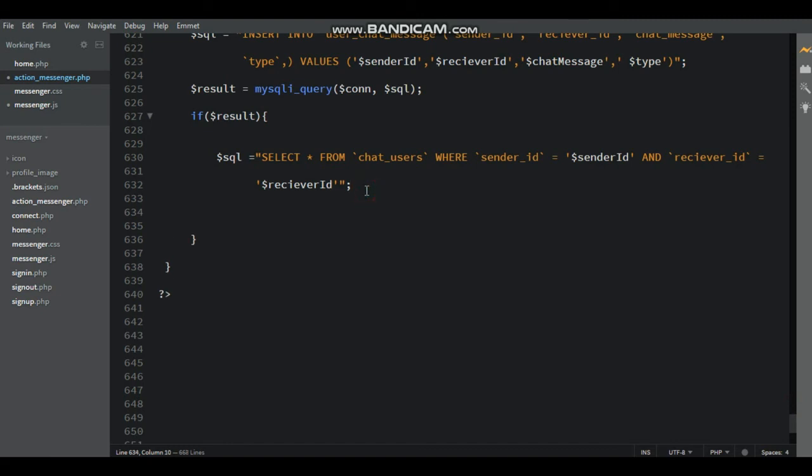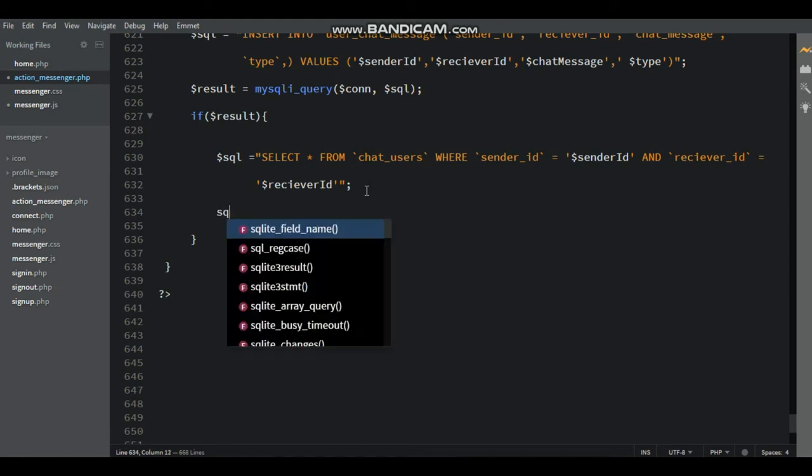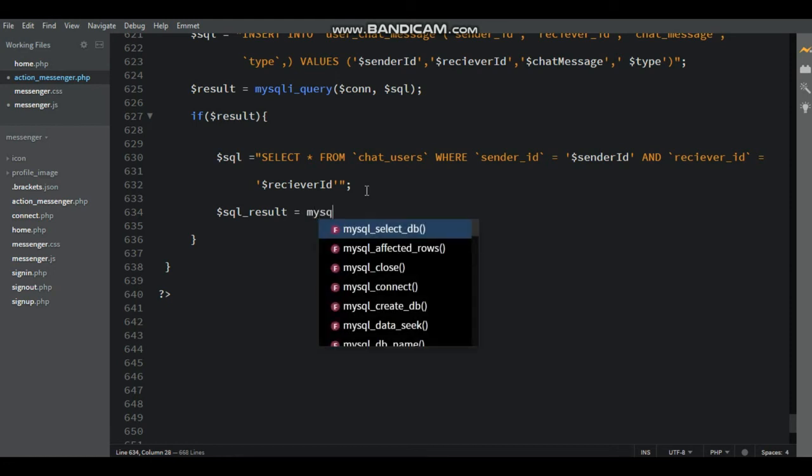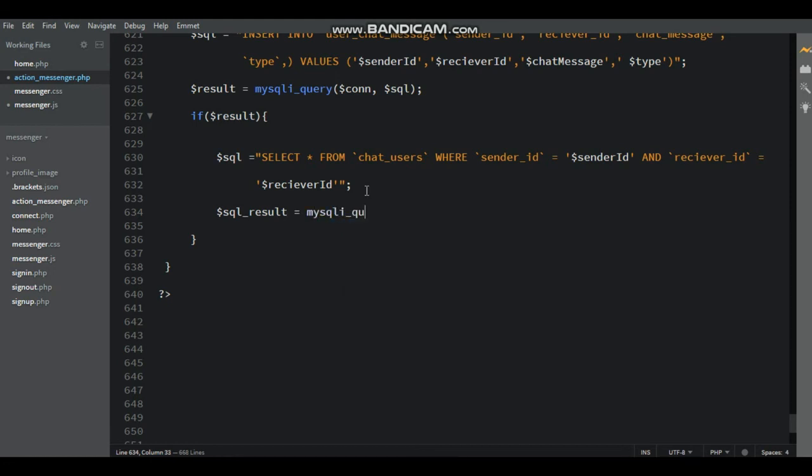After that write $sql_result equal to, connect the database, mysql_query. Inside the bracket write $connection comma $sql, close with a semicolon.